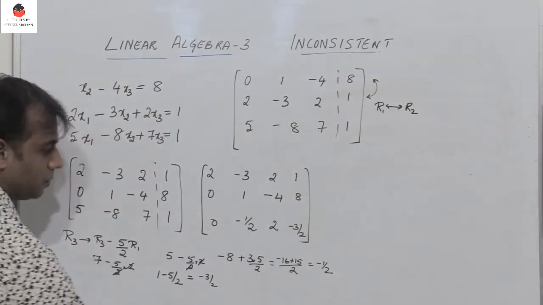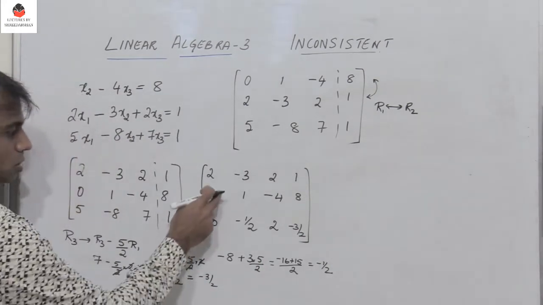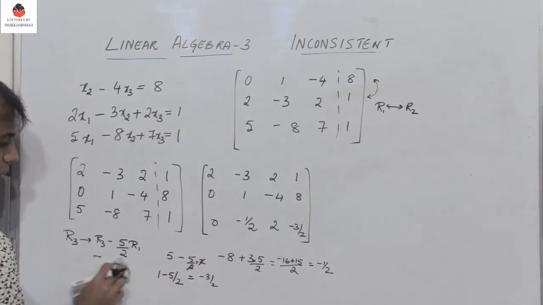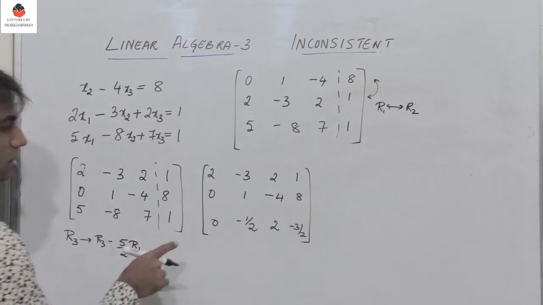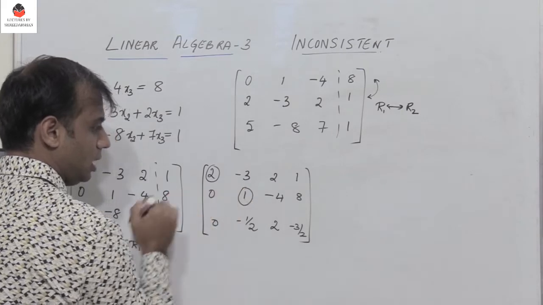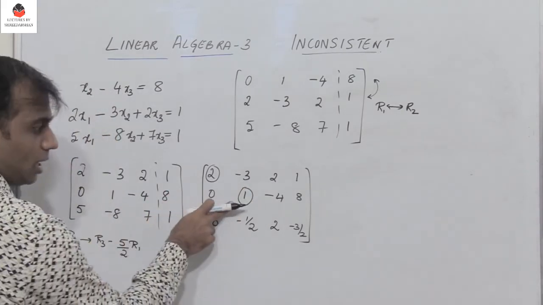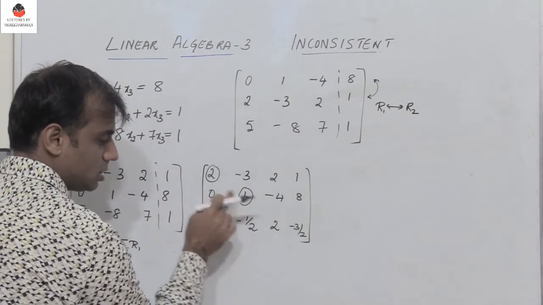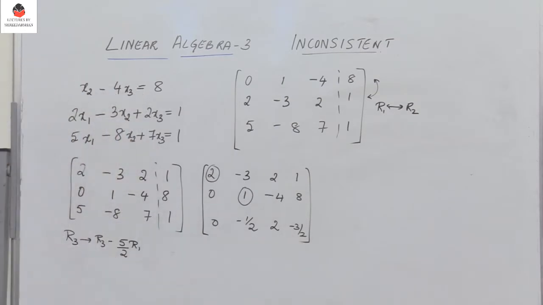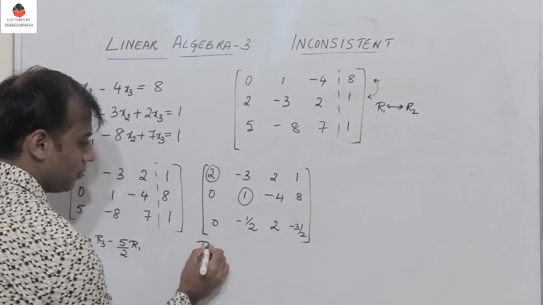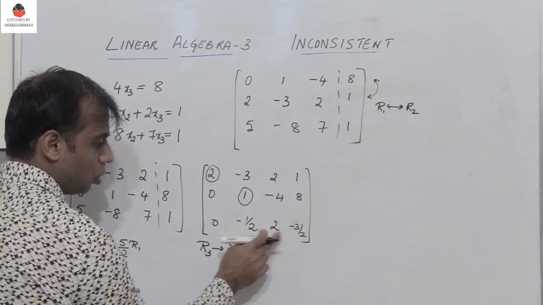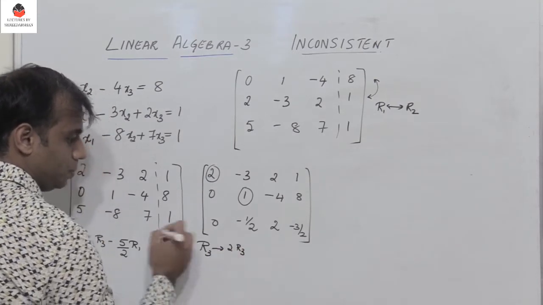So if you observe, I have got 2 zeros here. So all the elements below the leading entry are zeros. Now to make things simpler, this is the first leading entry. The next leading entry would be 1 here, and I already have 1. I need to make this element 0. But I have 2 in the denominator here for these 2. So it would be convenient if I multiply the entire row 3 by 2.